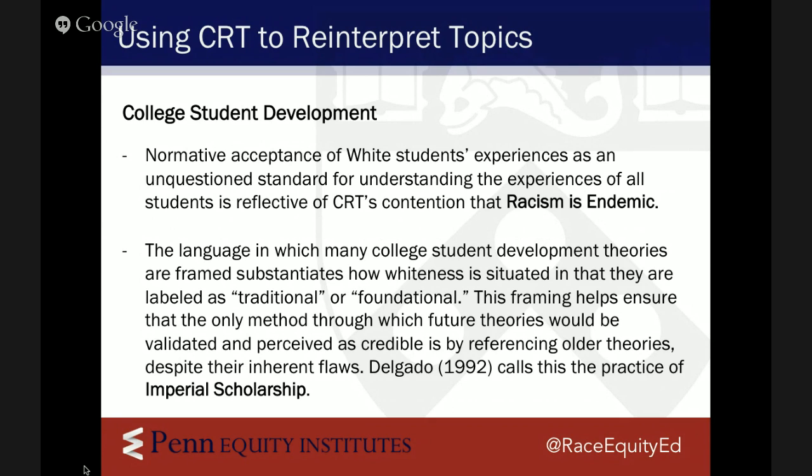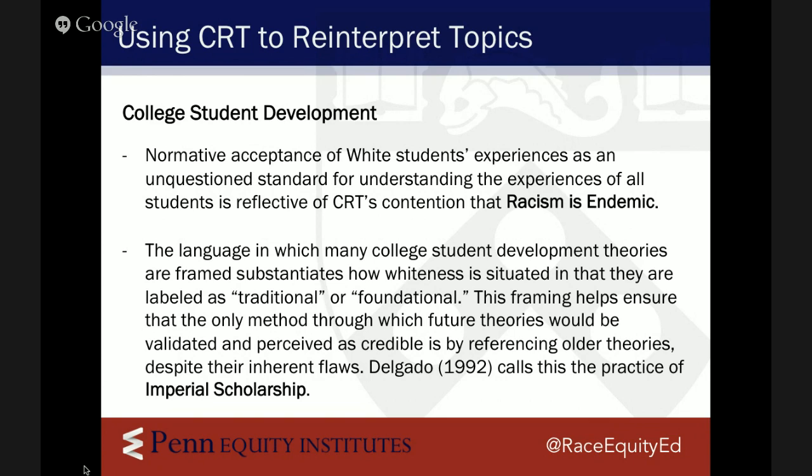And so in the chapter, we talk about the endemic nature of racism and that it's not surprising to find a theory in which the majority, if not all of the participants are white. And that often goes unquestioned. And so it's normal to see a theory with all white participants, and we'll use that theory and apply it across the board to any student. And again, that doesn't really get challenged or talked about, but it certainly reflects the endemic nature of racism.